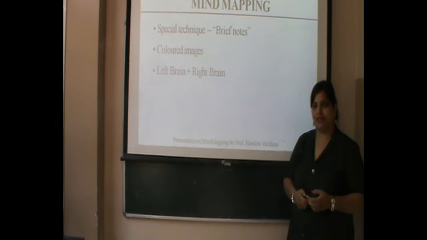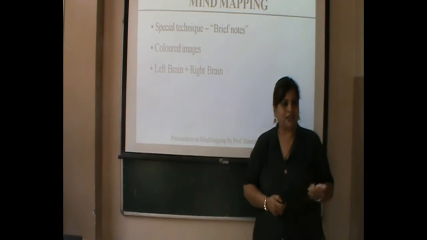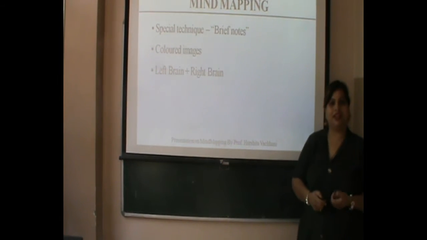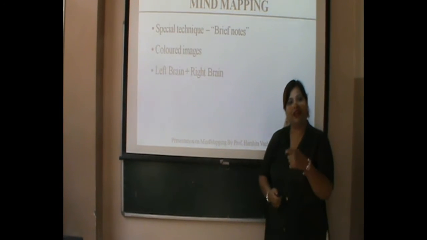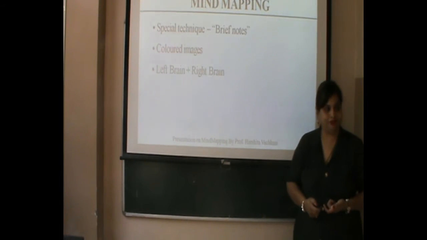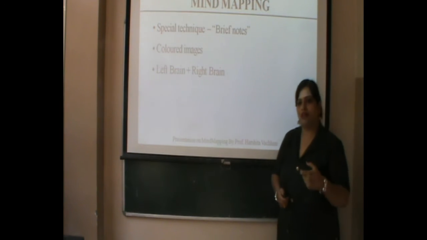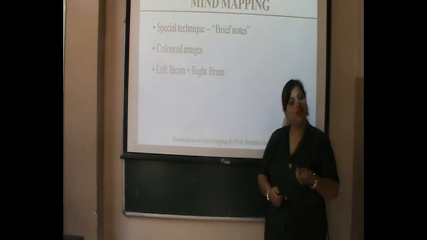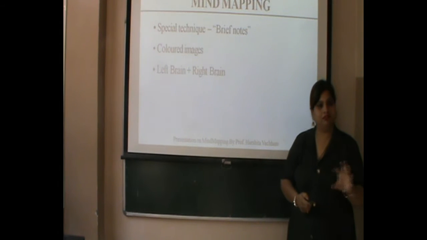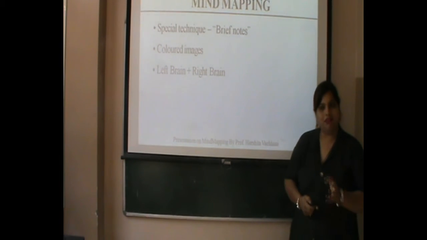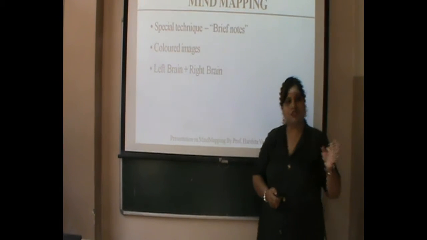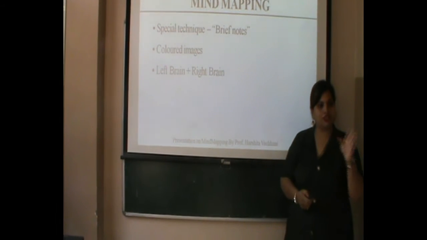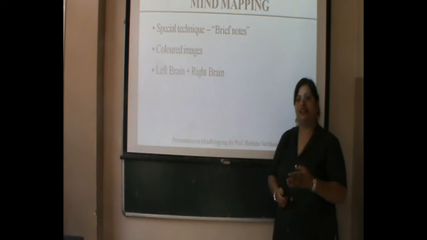Now what is a mind mapping? Now what you did in your activities. In the first activity, I gave you a spelling called artificial, right? And what you did, you tried to form a number of words from it. And then I gave you another activity where you take 10 dots and do some creative things. Our brain is divided into left and right side.